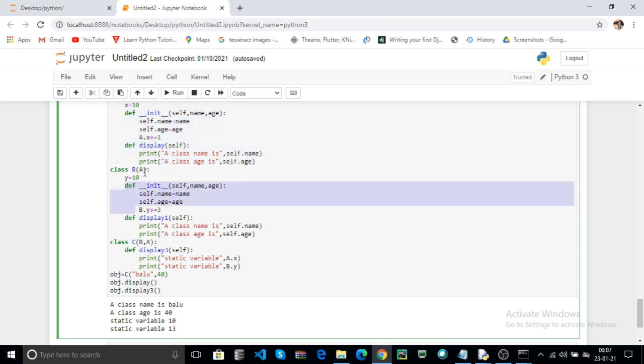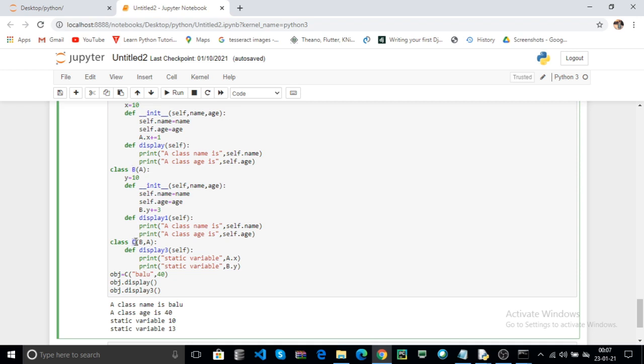Here without using the A, here the same initialization, here the parent is also the same initialization. Here the data will be passed into the constructor. Here A is the parent class of B only.